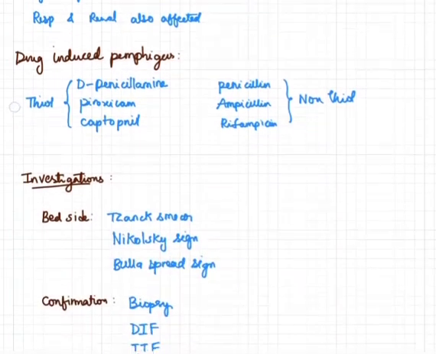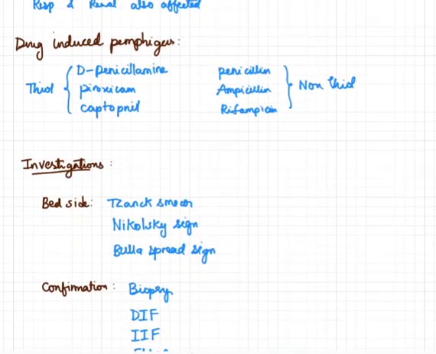Coming to drug-induced pemphigus, two groups of drugs, thiol and non-thiol drugs, can cause pemphigus. D-penicillamine, piroxicam and captopril of the thiol group, and penicillin, ampicillin and rifampicin of the non-thiol group are commonly suggested. D-penicillamine more commonly causes a pemphigus foliaceus-like disease, whereas the rest of the drugs cause a pemphigus